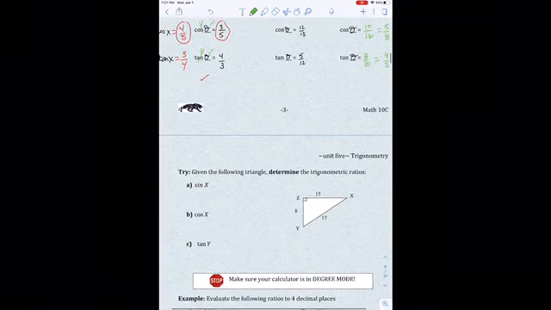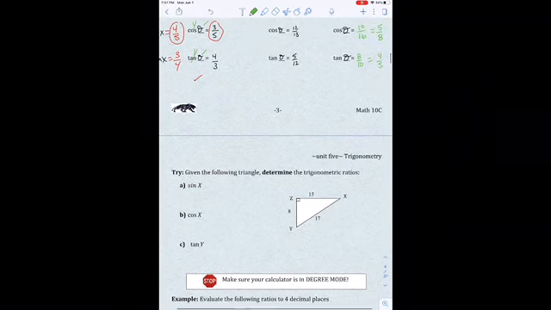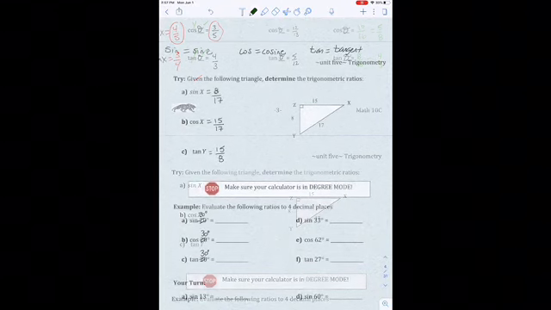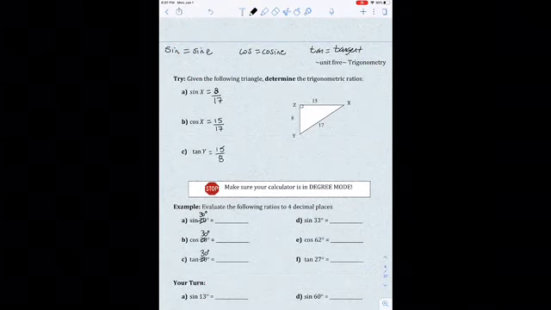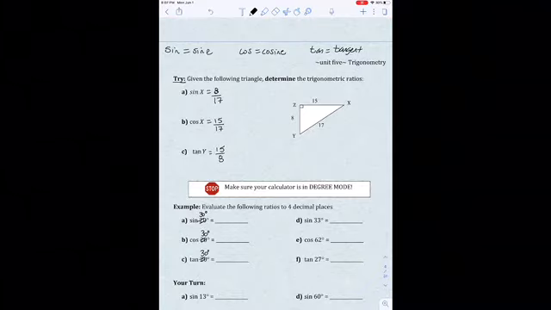Why don't we go to the next page and you can do the try. I want you to pause the video and do the try, please. Okay, so hopefully you've had a second or a minute or so to try the try. Before we go on and look at the answers here quickly, I just want to